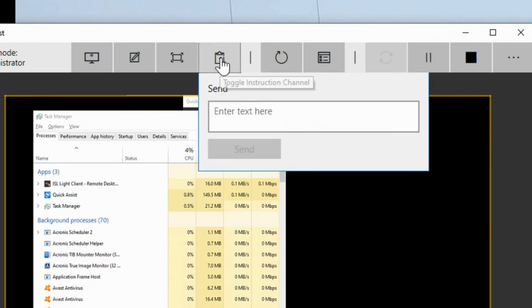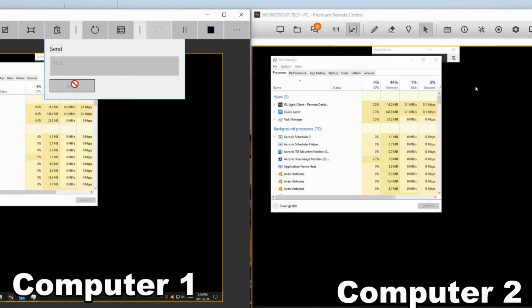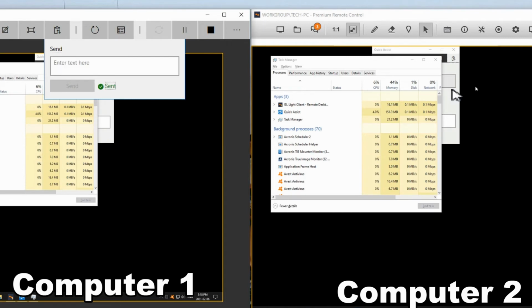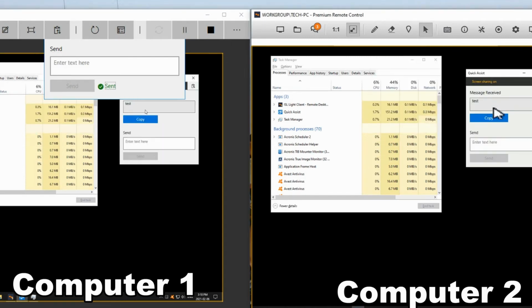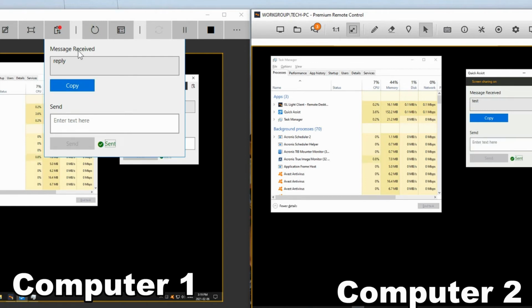You can toggle the instruction channel, so you can send text. And then you can see over here that they got the test. So we'll hit a reply over here and send that, and then we got the reply received.